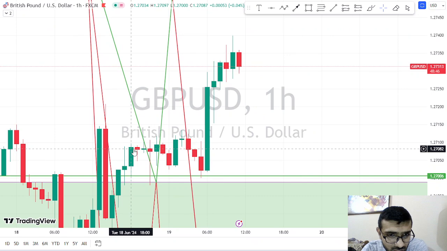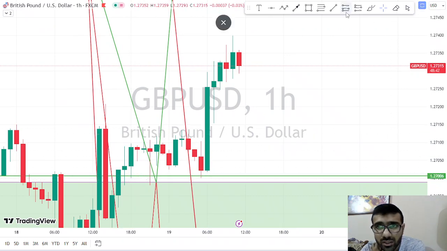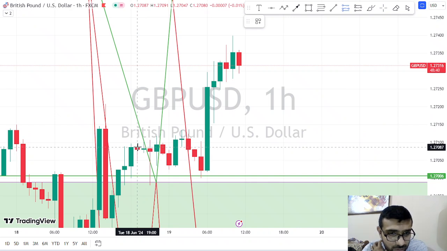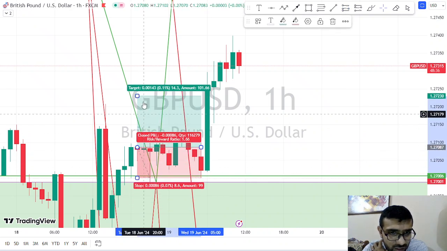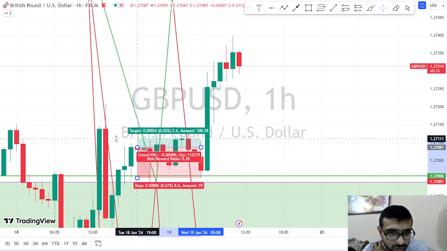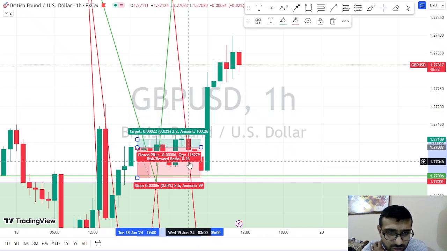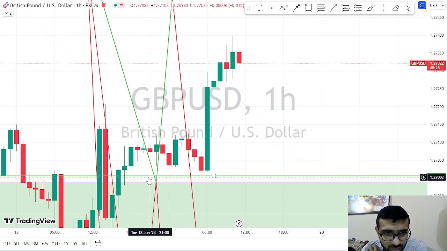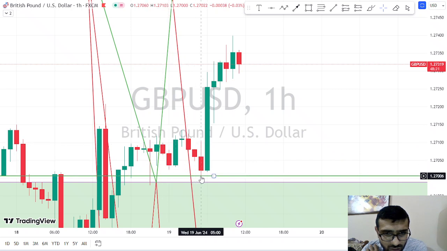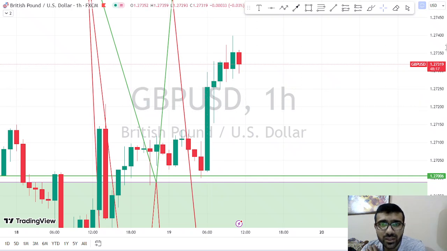Then the market gave us a third opportunity to buy over here, but maybe we would have had a stop loss. Let us see. Over here our stop loss will be just below this previous candle and our take profit will be approximately less than 0.3%, which means we would have hit a stop loss. Then the market retested our area over here. If we take a buy entry, we would have hit a stop loss. Then the market again retested our area of support